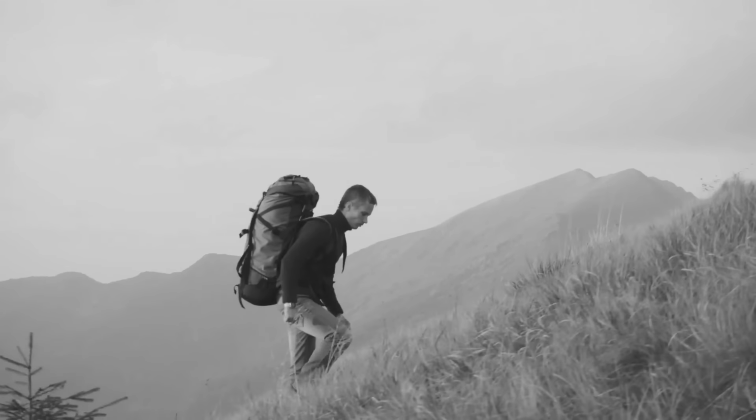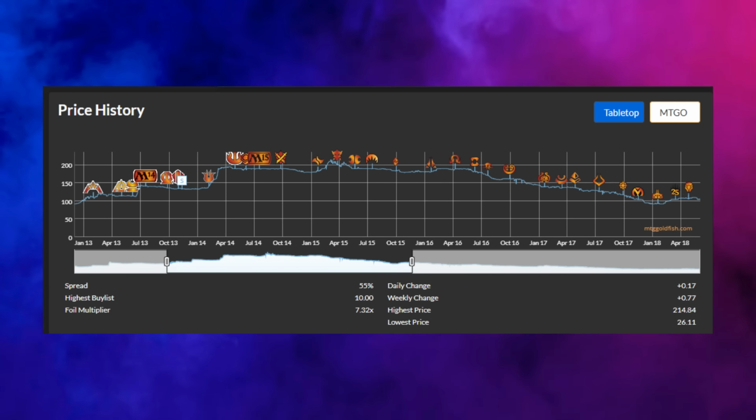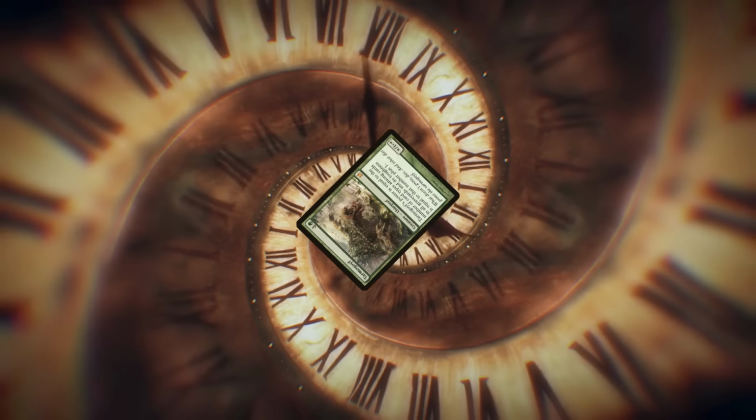For those of you watching this video who are newer, Tarmogoyf at one point was a nearly $100 card when non-foil. Actually, my memory serves me incorrectly. The Goldfish draft that I'll show here shows non-foil Future Sight Goyfs reaching as high as $189 each. My goodness, time has begun to erode my memory of the Goyf. The reason I said 100 is that I remember the doubled price being the one that was floated around when